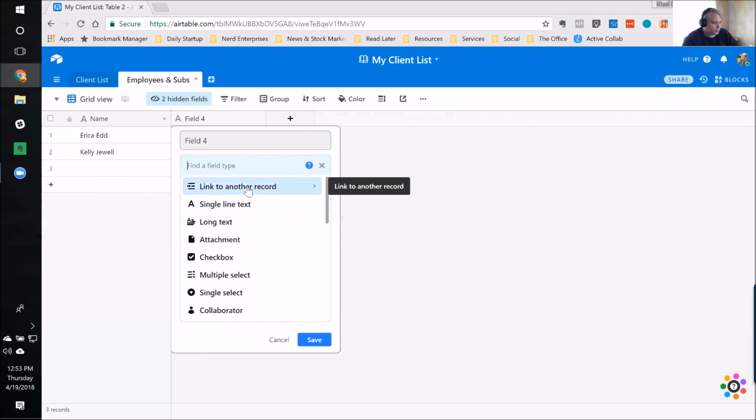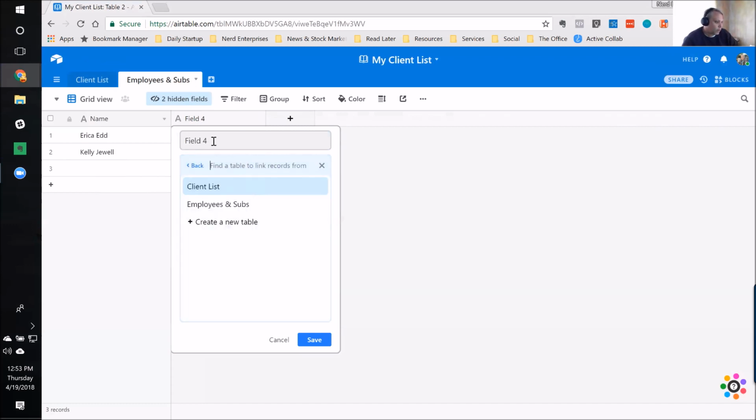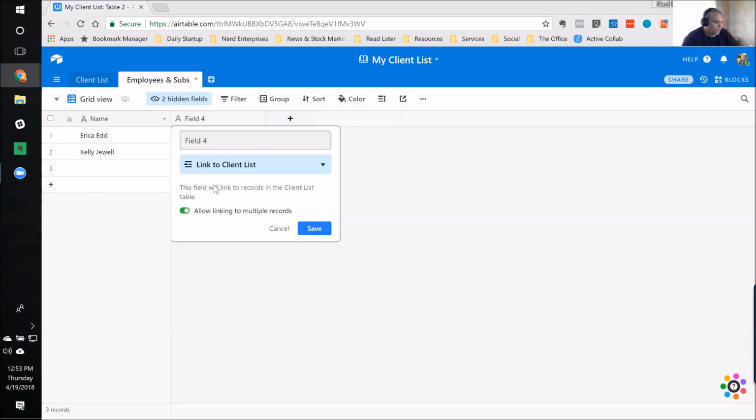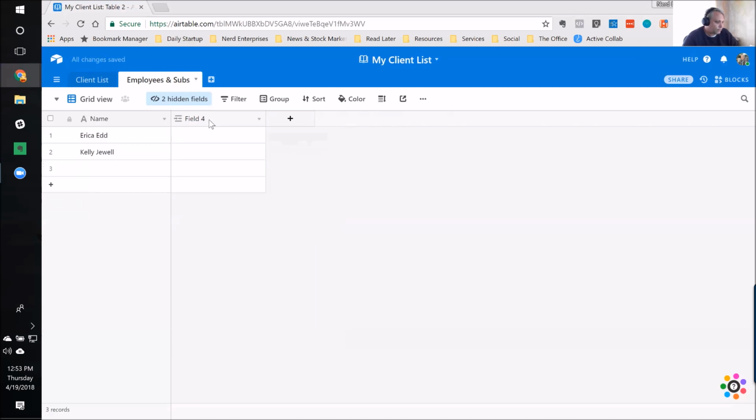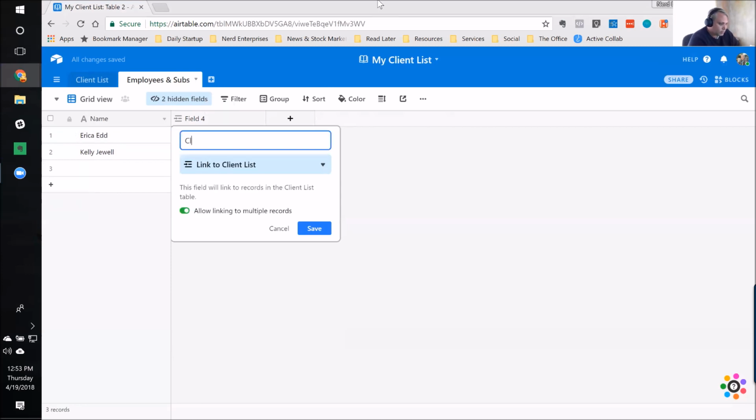This is critical. It's going to ask me where to get that other record from, right? Either the place that I'm in. You could link to another record within the same table. I'm not sure why you ever would. But so, of course, I'm going to choose client list, right? And then the question is, do I allow linking to multiple records? In this case, definitely, because I need to be able to link the same person to every client they work for, right? So I'm going to click Save. And then actually, I'm going to go back and rename it because I forgot to name the field. So I'm going to say client,